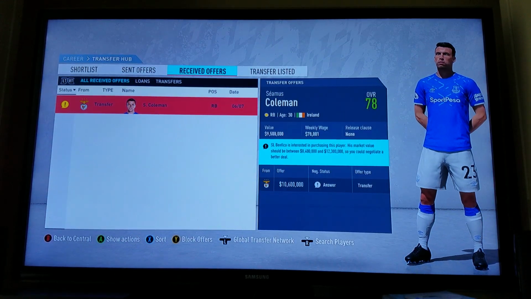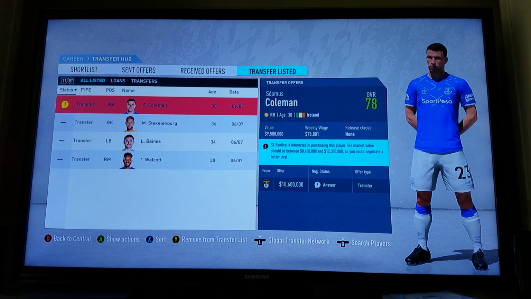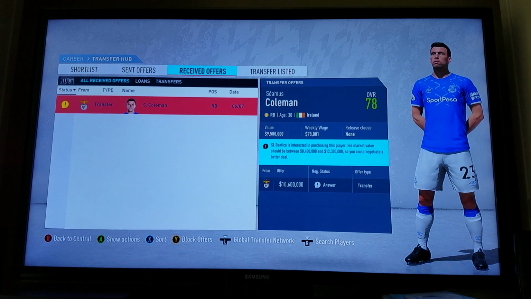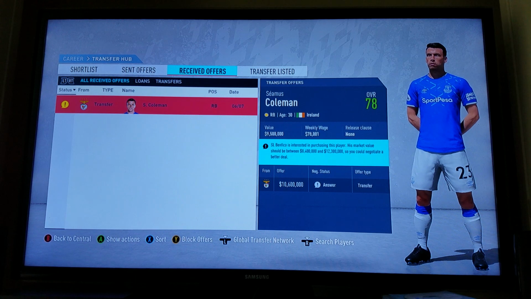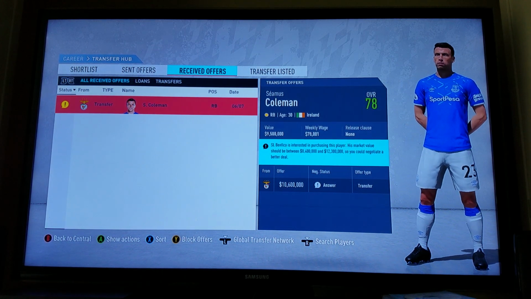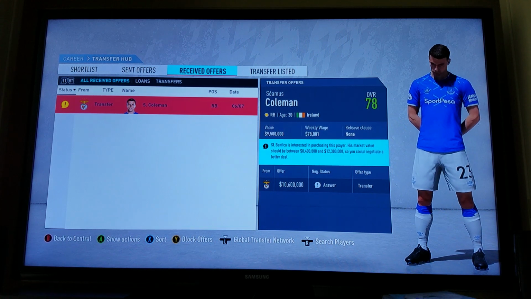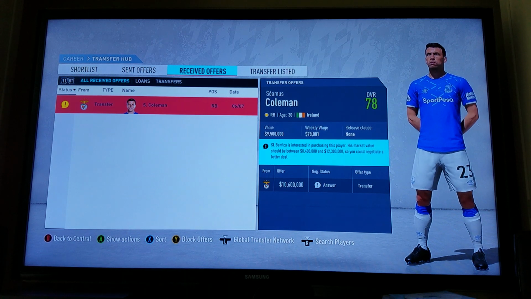Hey guys, so we just got our first received offer. This was from our transfer list, as we put him on the transfer list. So what I like to do is you can use a calculator, or you can just do mental math. I'm not quick with numbers though. You get two numbers over there to the right. So what I personally do is...